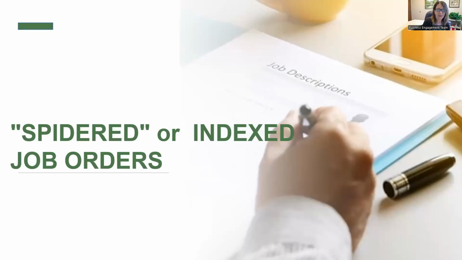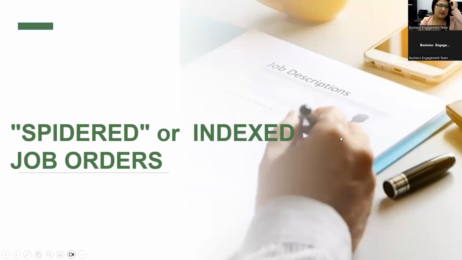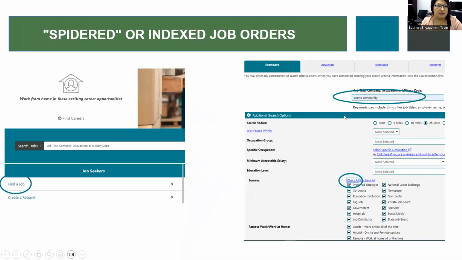Now we're going to talk about how jobs can be spidered or indexed via IowaWORKS, and Maria is going to share a little bit more about that. Thank you, Nikki. So some schools have asked how they can view your job postings, because if your job postings are what's called spidered or indexed in, sometimes you won't see them on your actual profile. Once you log into IowaWORKS and you look under job orders, you won't see them, but we're going to show you how you can find them just to make sure that they are in IowaWORKS.